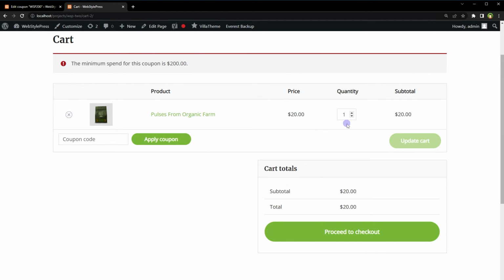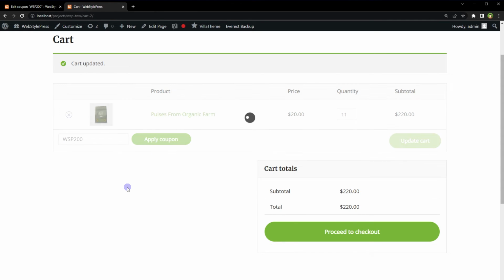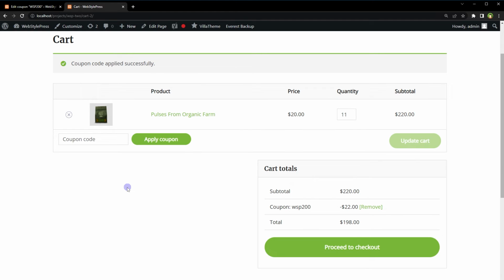Let's increase the quantity. Update cart. Now the bill is more than $200. Let's apply the coupon code. And this time it worked. So now that coupon code is restricted to this product only. If we add this product in the cart and then apply the coupon, it will work.